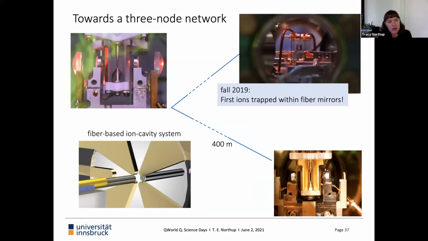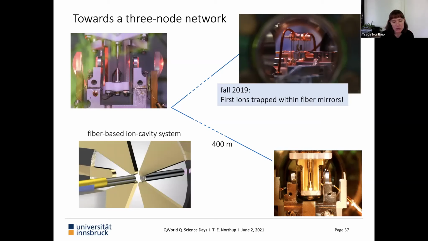The one I showed you earlier, the one in the upper left corner, is about 2 centimeters apart. In the lower corner is this new one, this fiber-based ion cavity system. So it's 2 different images. One is the photograph in the upper right, and in the lower left is the schematic. And so you should picture the trap, and then we have these little optical fibers, and on the end of each fiber is a highly reflective mirror. So it's also a cavity, but now these mirrors are only about 500 microns apart from each other.